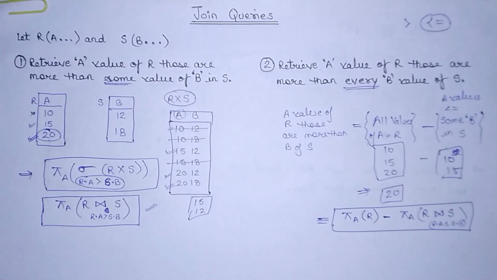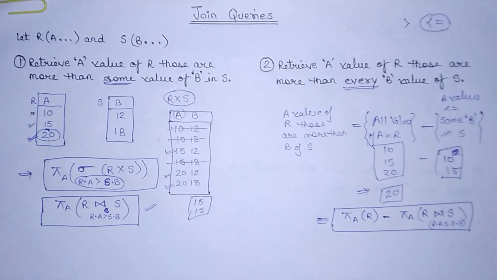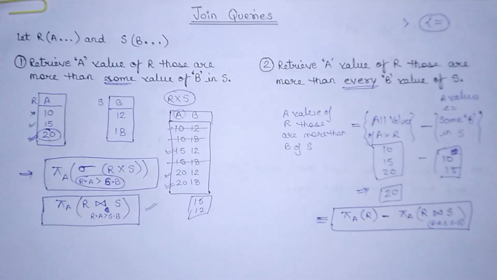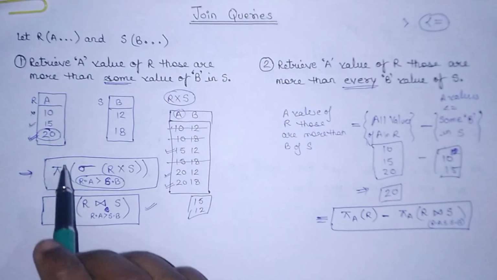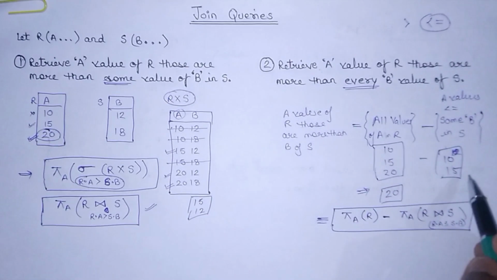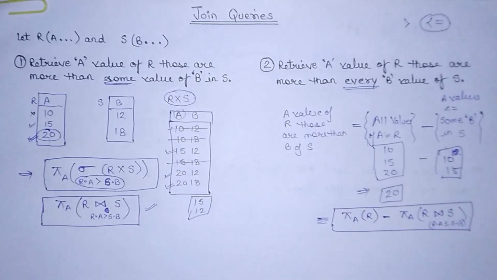So that's how you can formulate a query as per the statement. Always try to do one thing. If you have a particular statement, try to formulate an example, and on the basis of the example, first check how it works, as I did over here. Try to do the cross product, the Cartesian product, and select like this. So first of all, play with all the values, all the examples that you have taken. After you get an idea of how this complete thing is working, then try to convert it into the query, because once you have the idea, it will be easy to convert it into the query, right?